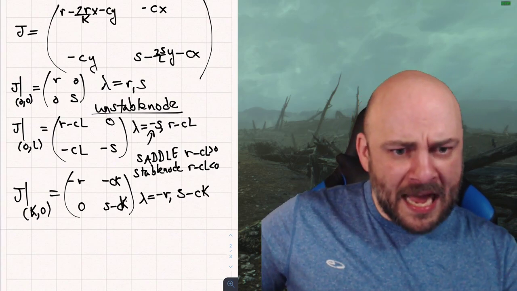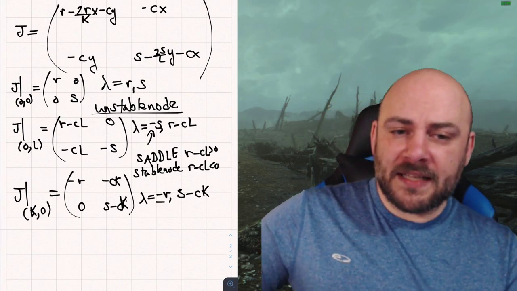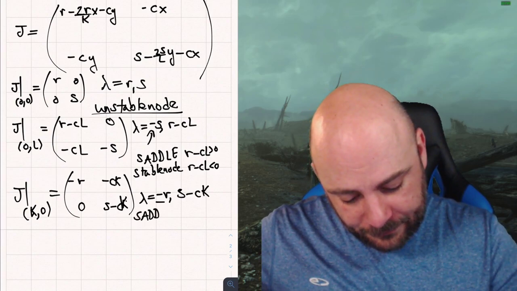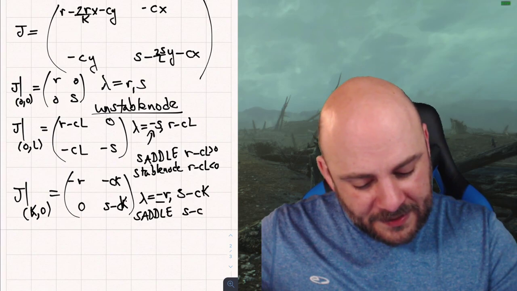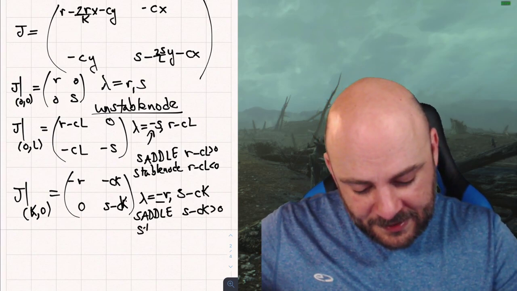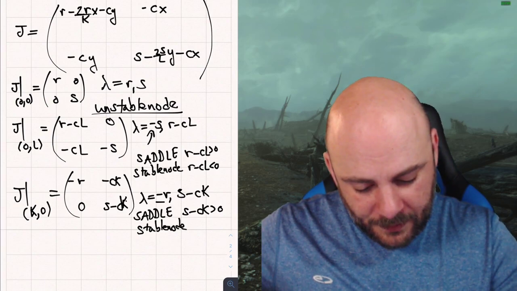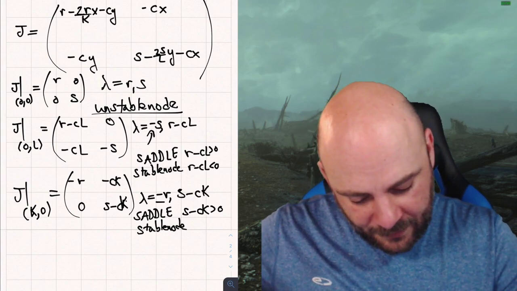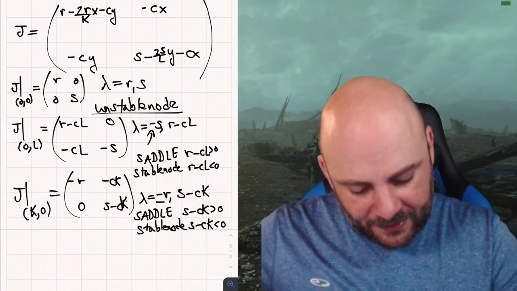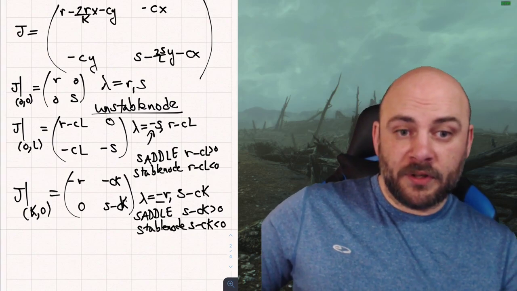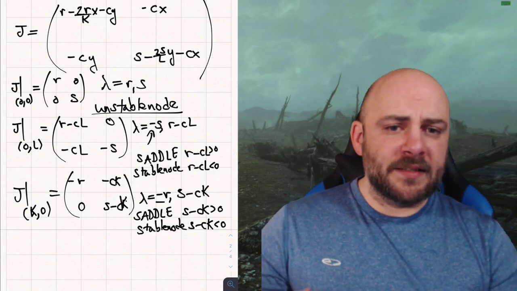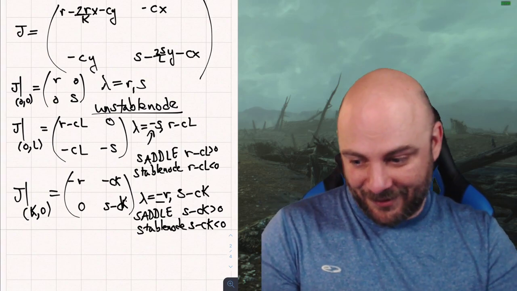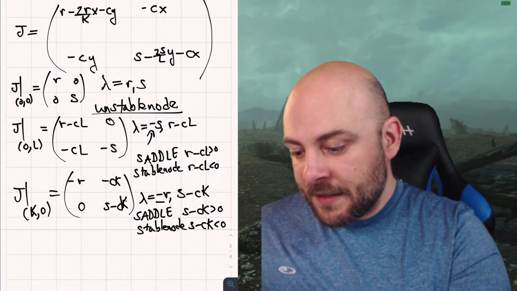Now I take a peek at this, we have two cases. This one's always negative, so I know I'm always stable in at least one direction. So my fixed point is a saddle if S minus CK is positive, or it's a stable node if S minus CK is negative. So far, so good. These cases aren't going to make sense to us yet. They're going to make sense to us when we try to puzzle piece everything together. Okay? Now, the last one